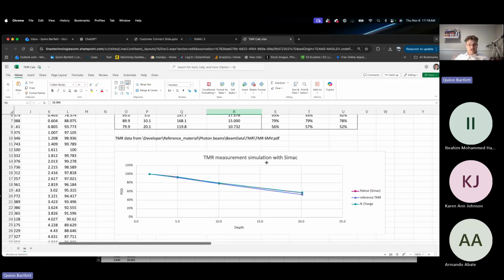First, this is just to confirm that Simac does have a model of a Varian 6MV. We get very similar results. We won't say that's 100% the same, but it's within a couple percentage. And then we really wanted to demonstrate that you can utilize these different features, like taking our PDD data, doing it in the electrometer versus the PDD, and then you can really expand this to so many different scenarios to